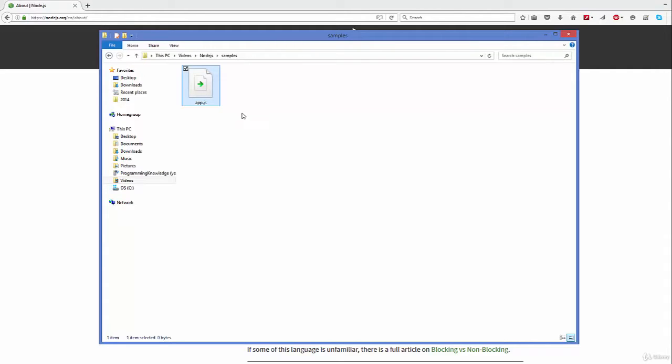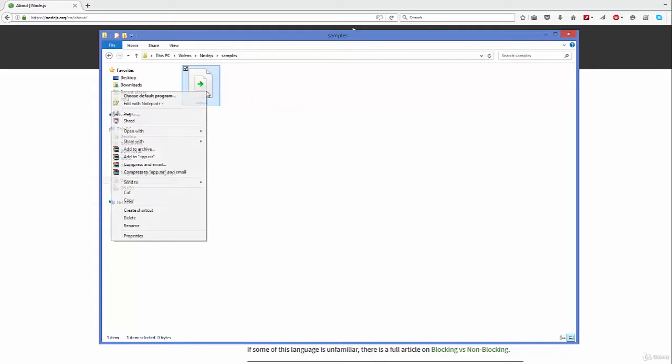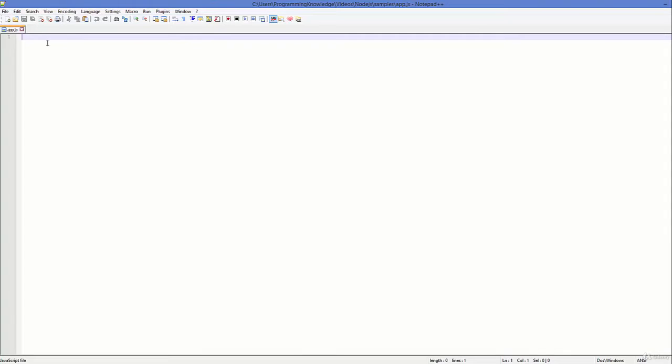This we will see in later videos, but for now, let's use, for example, Notepad++ for JavaScript. So I will open this app.js file in Notepad++, but you can use any editor of your choice for